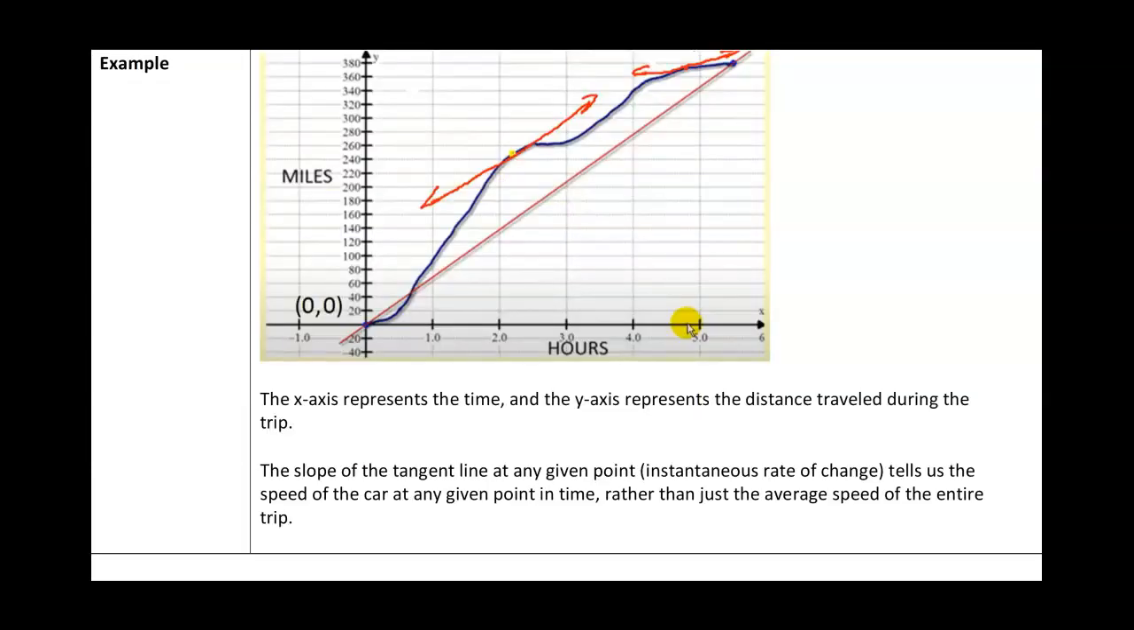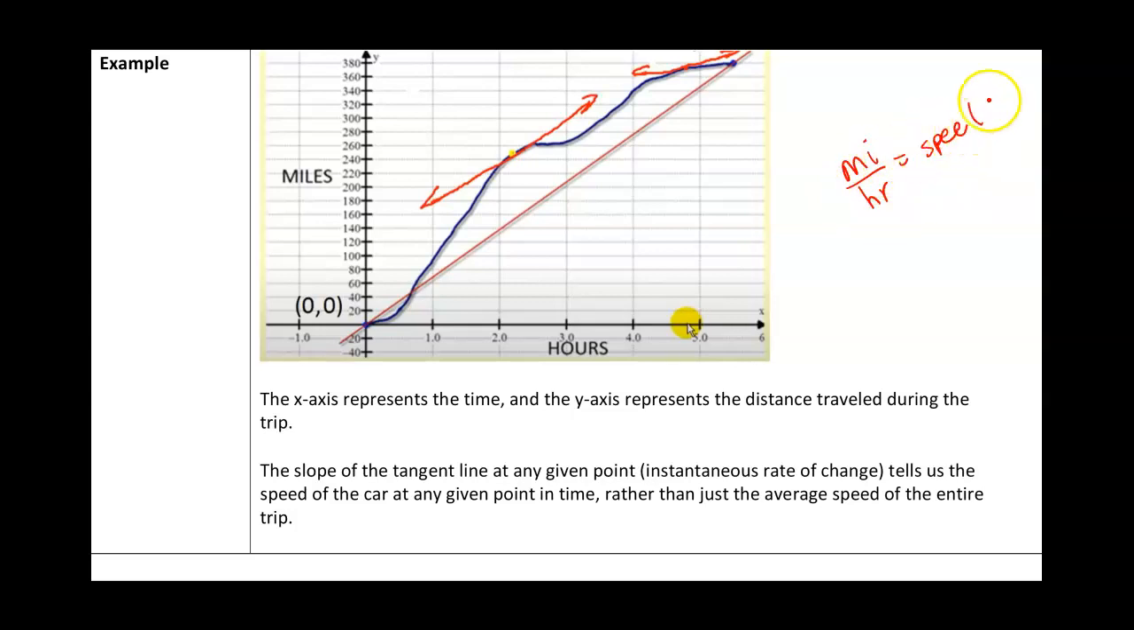So the x-axis represents the time, and y-axis represents the distance traveled during this trip. So we have a trip here, and this person is traveling, it looks like 380 miles, and it takes them about 5.5 hours to do it. Okay, so the x-axis represents the time, and the y-axis represents the distance. Remember that the slope of the tangent line at any given point, it represents the speed of the car, because if the y-axis is miles and the x-axis is time, so in hours, miles per hour,